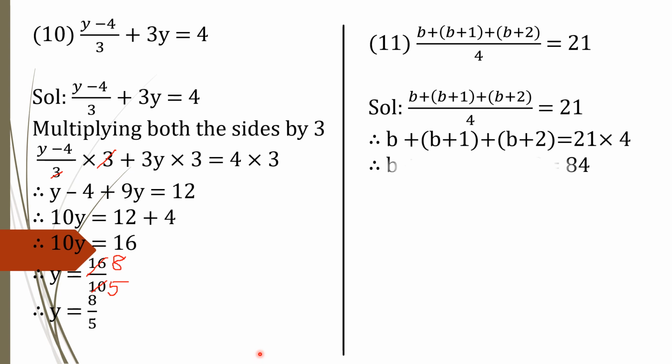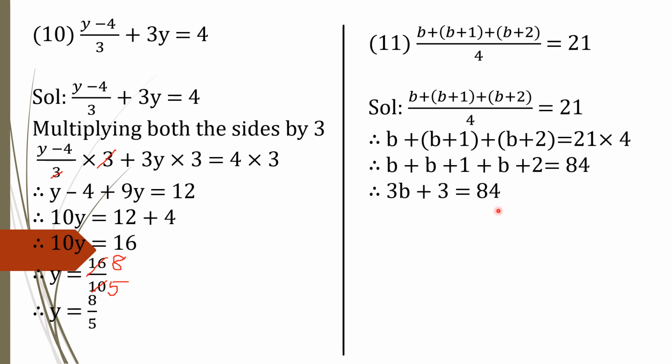Now let's remove the bracket. So it will become B plus 1 plus B plus 2 equal to 21 into 4, which will give you 84. Now student, you can see here 3 B's are there. B and here second and third. All are positive. So it will become b plus b 2b, 2b plus b 3b. So your next step will be, therefore, 3b, and you'll add this number also. 1 plus 2 you'll get 3 equal to 84.